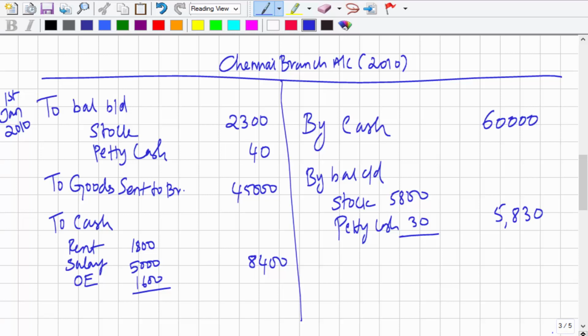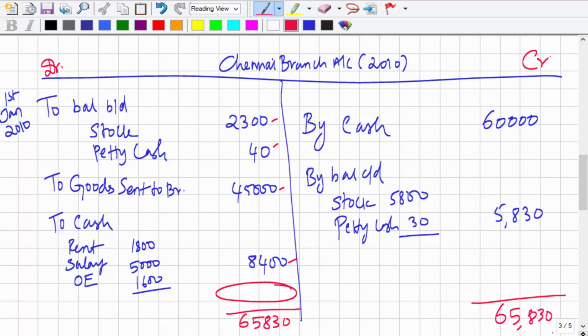So now we'll look at the higher side. Higher side is basically the credit, debit and credit. On credit side, the total is 65,830, and on debit side it's not going to be that big. So we'll write the total on both sides. It is 65,830. On debit side, you have a difference, that is 65,830 minus item number 1, 2, 3, 4, and you are going to get a balancing figure that works out to 10,090.